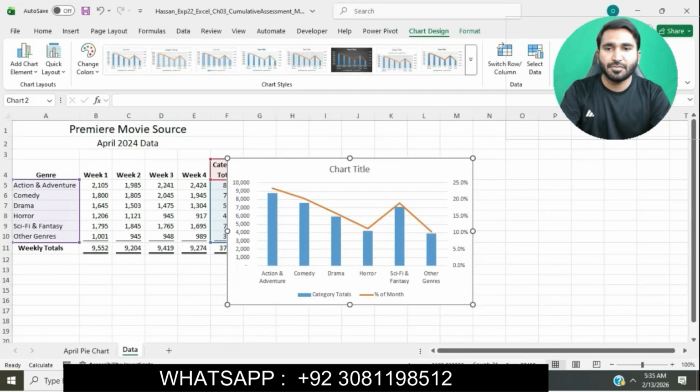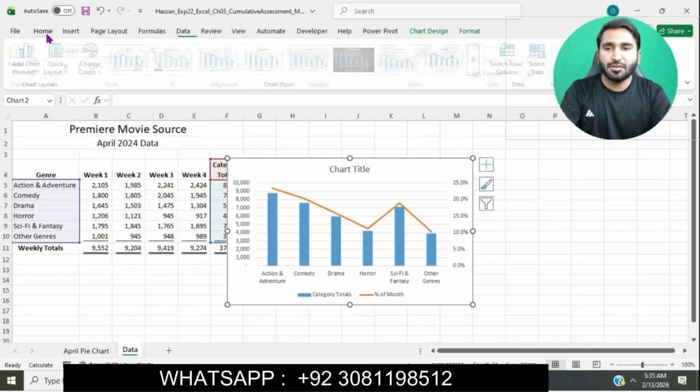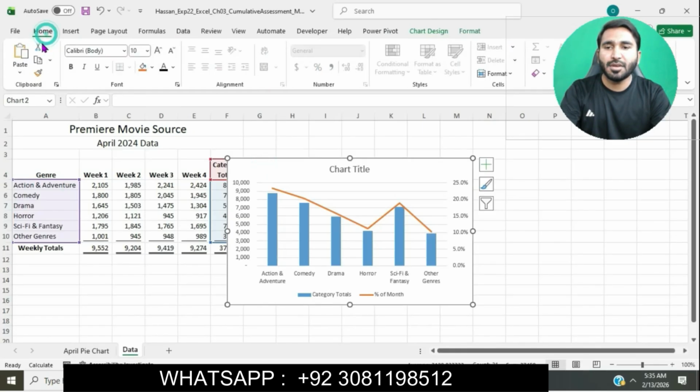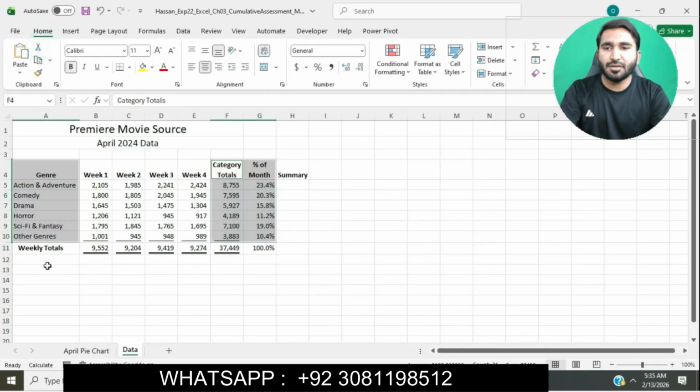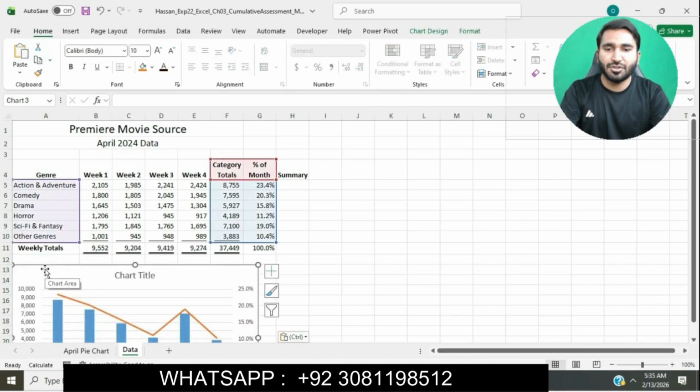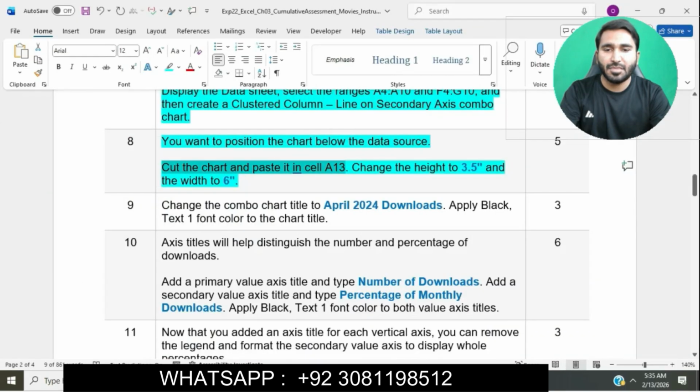Cut the chart. Simply cut this chart. Go to the Home tab in the clipboard group. Click on the Cut button and paste into cell A13. Okay, the chart will be cut and pasted into cell A13. So the next point of this question is that